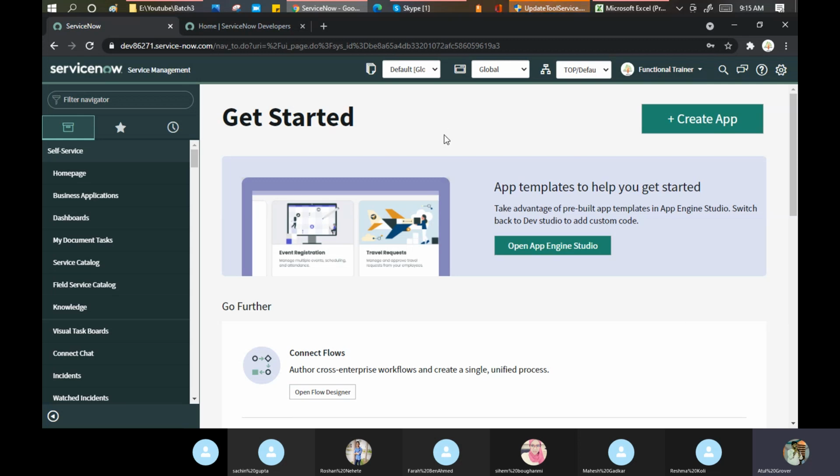Okay, this particular page is divided into three major sections. On the top, this one up to this line completely, is called the banner frame. This is called the application navigator, and this is called the content frame. From tomorrow onwards, when I tell you to go to the application navigator, you should know what I'm talking about. This is my application navigator. What is an application, what is a module, everything we will discuss in detail.